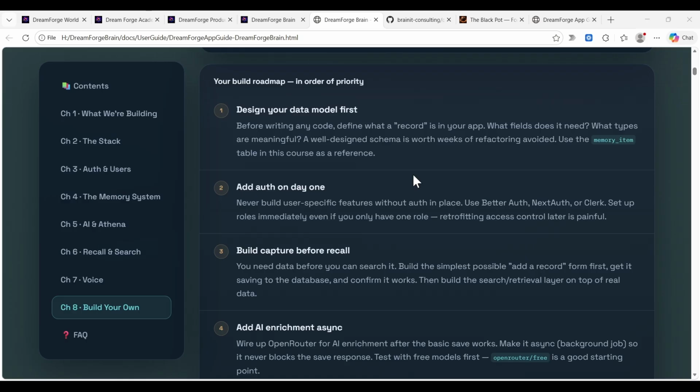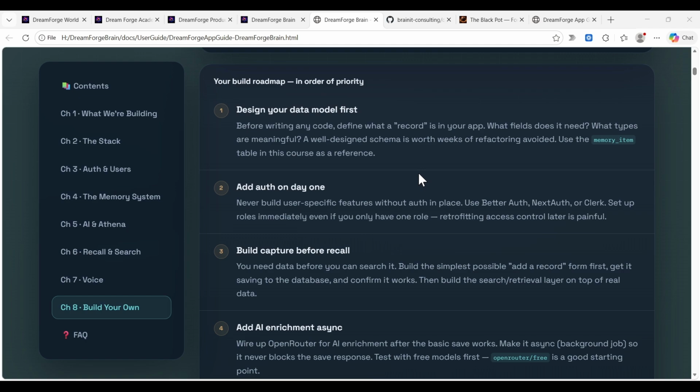Now, some people say, oh, I'm not going to worry about authentication because I'm never going to have any users. Well, I want you to stop and think carefully. If you do, add it on day one. Test it on day one. Log in right from the start. Get the login and authentication working, and then continue with the rest of your app.